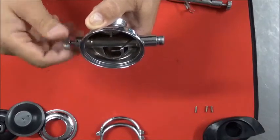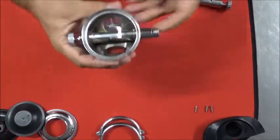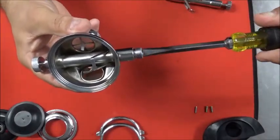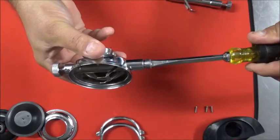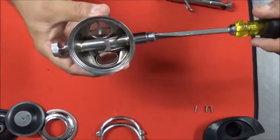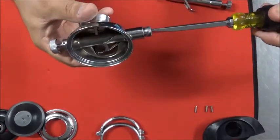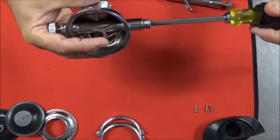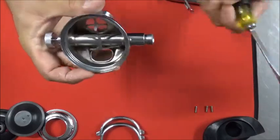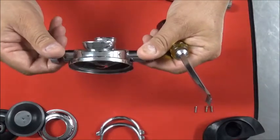Be sure if you try it, back it all the way out till you just barely see the thread starting in the hole. Alright? But if I take my screwdriver and I screw the demand lever, or the volcano orifice, in, you can see how it changes the demand lever height. So, when I initially get these set up, I intentionally set the demand lever a little low, that way it doesn't free flow when I first start it up. So, just depress your lever, turn that in a little bit. I know it's a little below the case, but it's really easy to correct, and it'll save you some free flow to begin with,